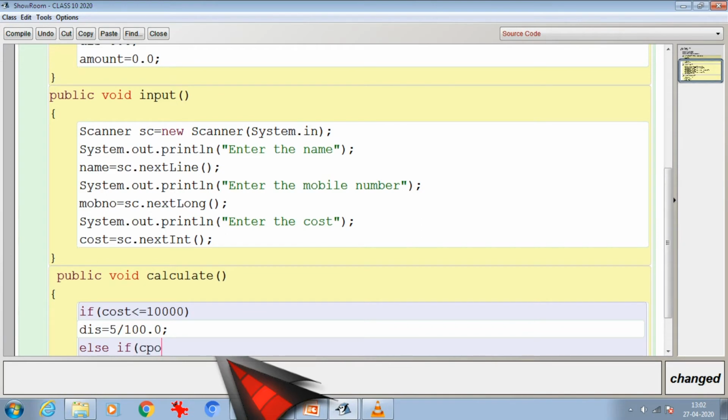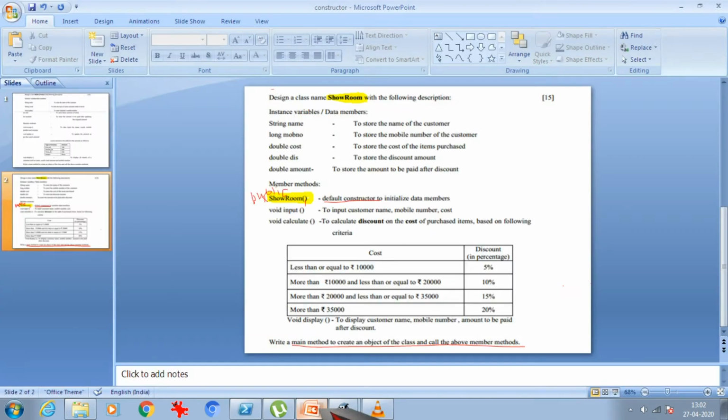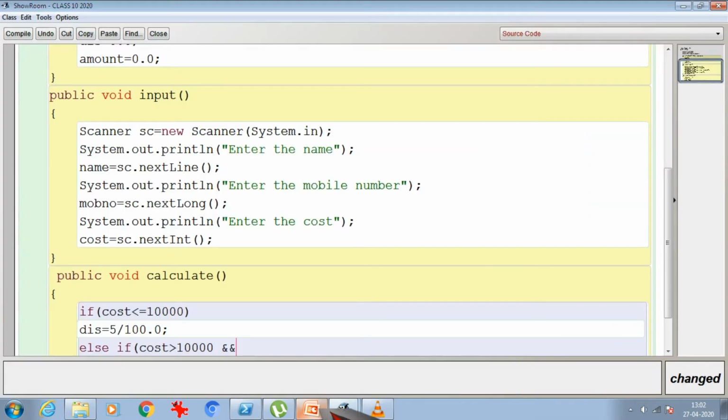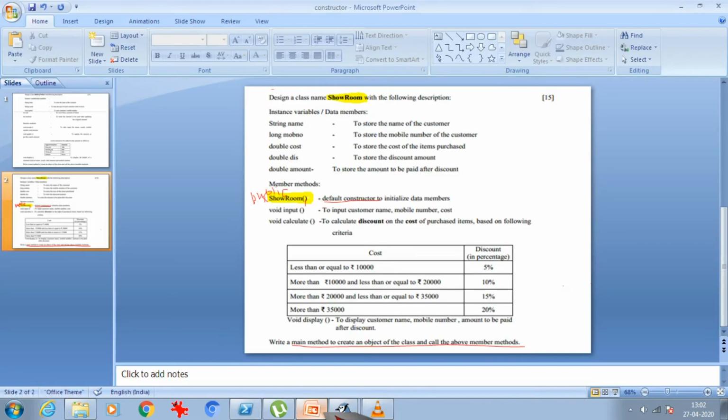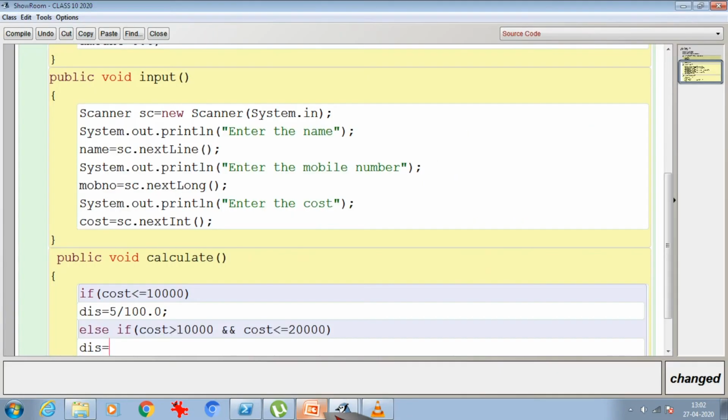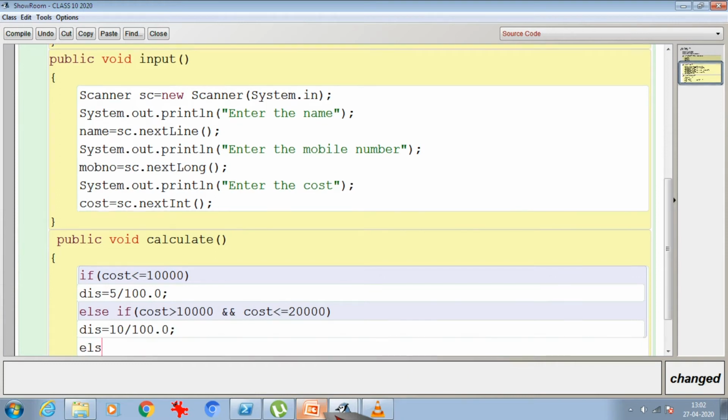Else if the cost is more than 10,000 and, as in the question, up to 20,000, so cost is less than or equal to 20,000, my discount is going to be 10. So this is 10 divided by again 100.0.